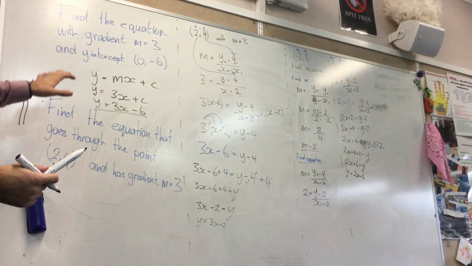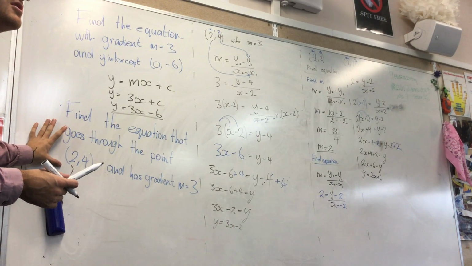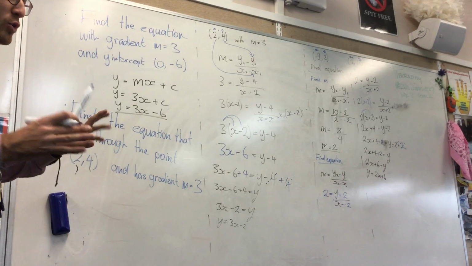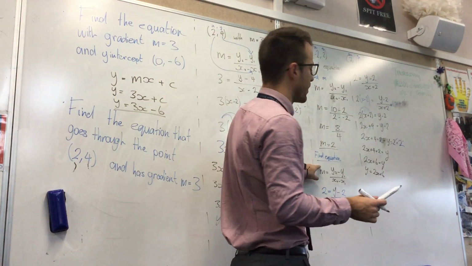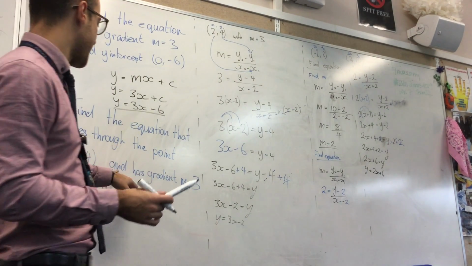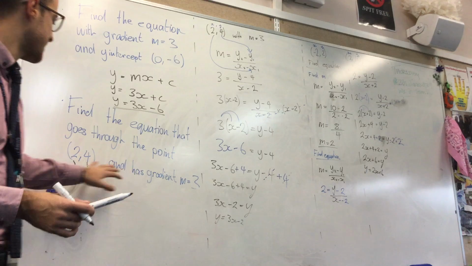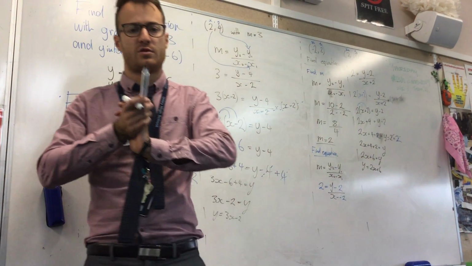Let's just keep in mind, everyone seems to get really scared of this question. I know it looks different, but all it is, we're just starting from this point over here, okay? So instead of having to calculate m, you're just being told m, and then you're just substituting your point into that, okay? Do you want to pause and then